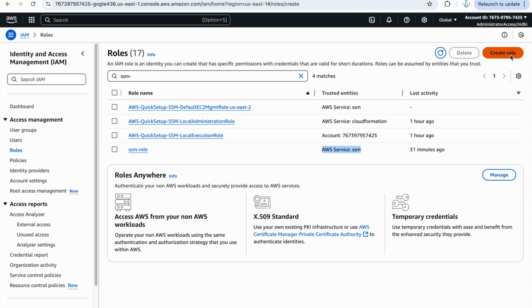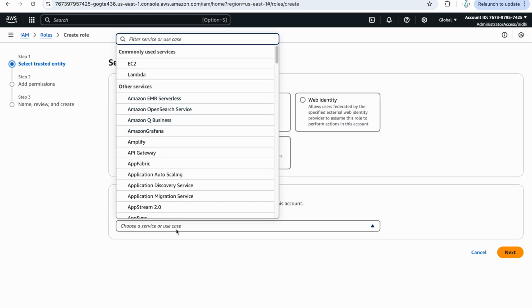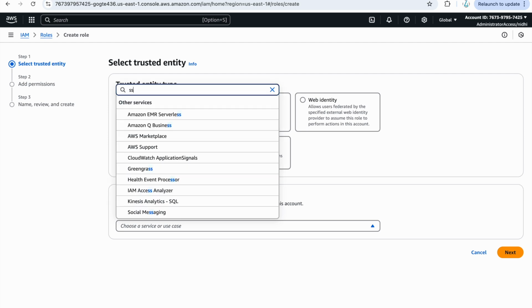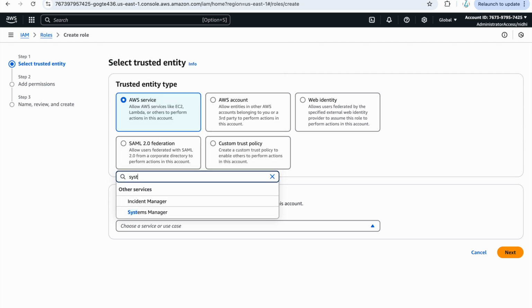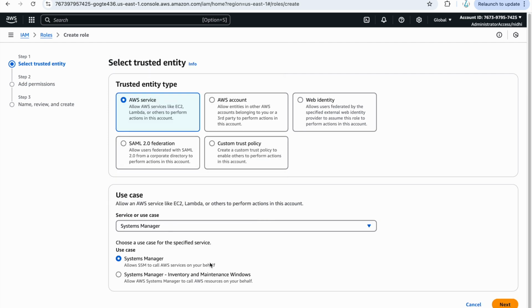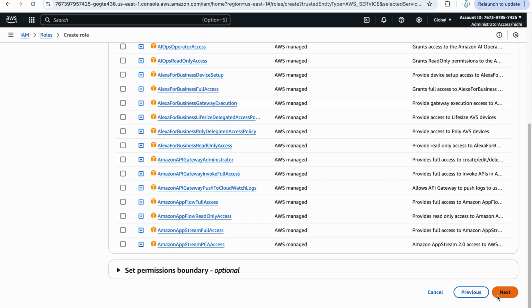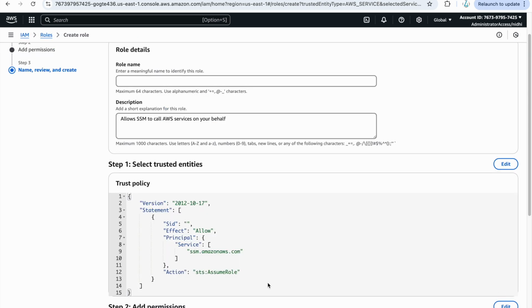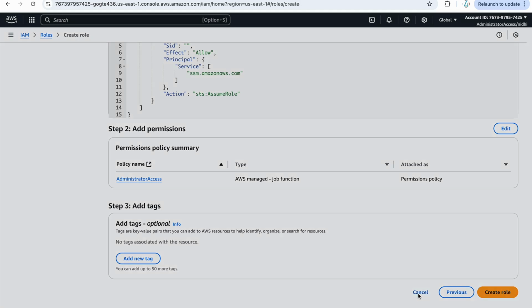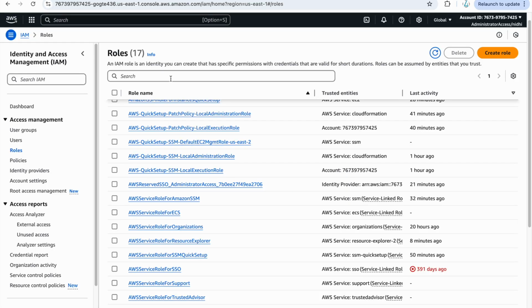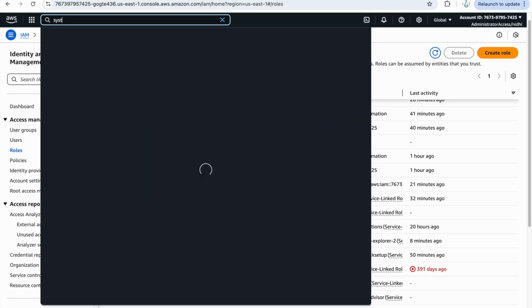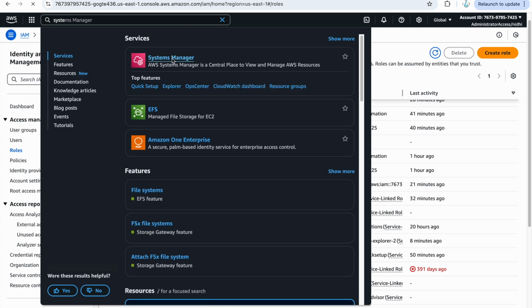When you click on create role, you select SSM, System Manager, and then allow SSM to call AWS services. Click next, then provide the admin access, click next, provide the name, and that's it. Right now we are doing it with admin permission, but yes, you can go with specific permissions also.